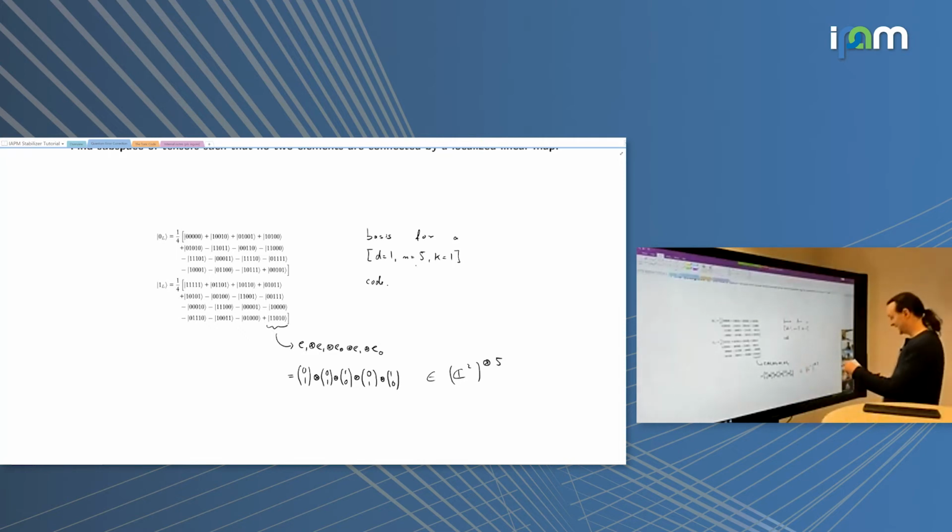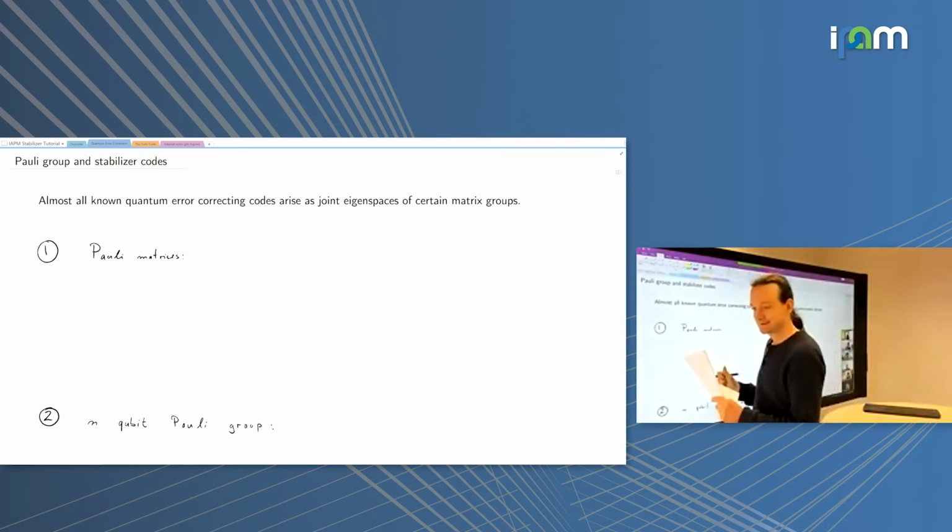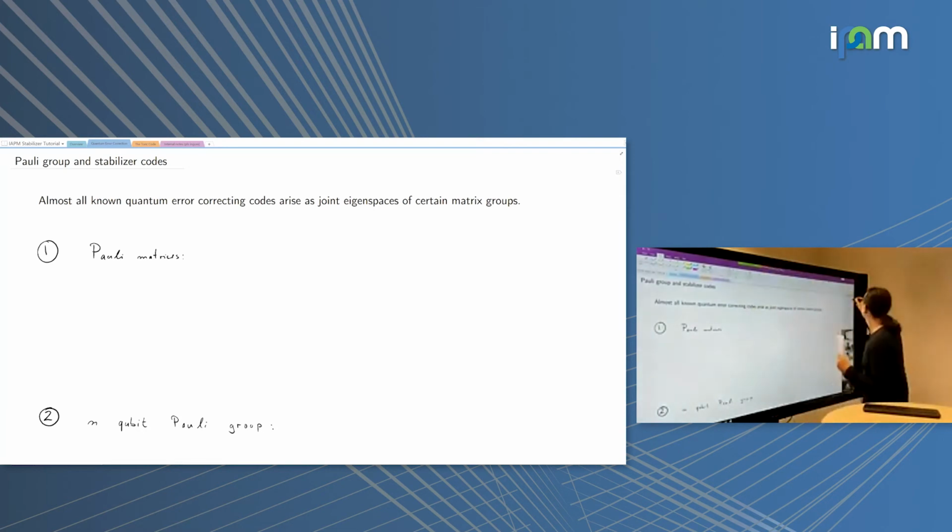Now comes the actual main part. So I need your attention now for the next 10 minutes, because now come the important definitions. Everybody ready? Okay, maybe before, switch to Pauli groups. And so the question: is there an easy certificate for a given code?